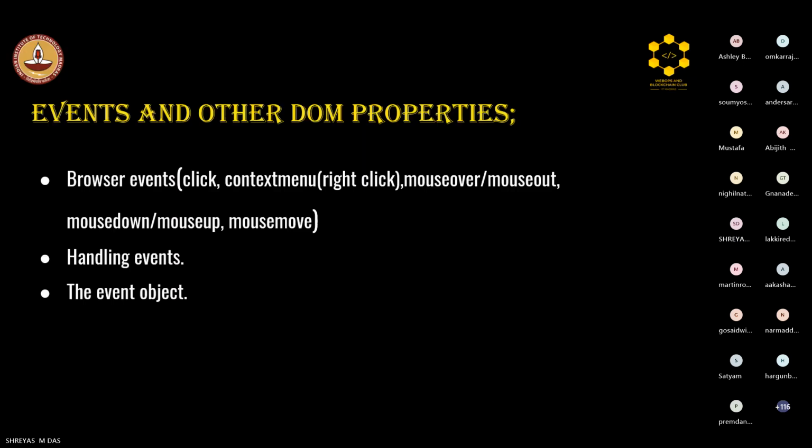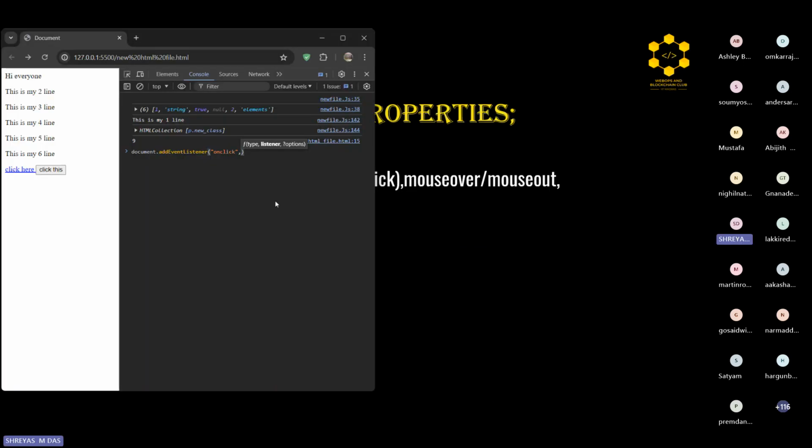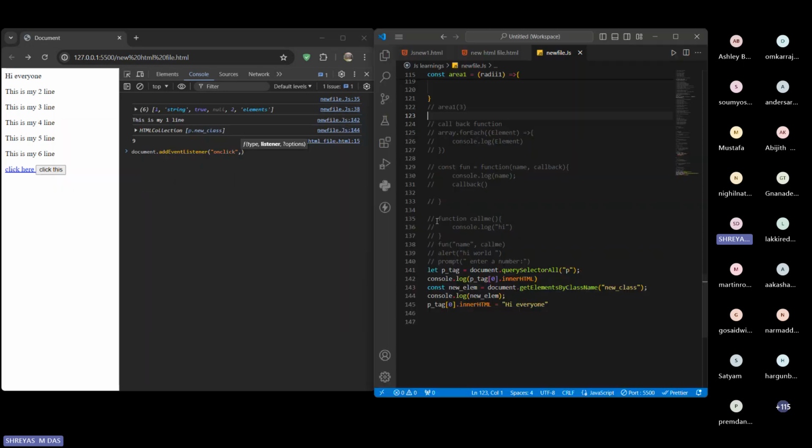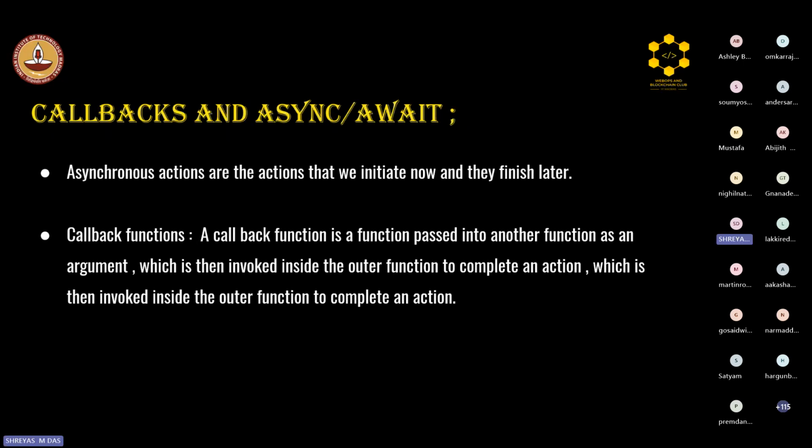Handling the events is the same thing I said now. You can add an event listener and do the corresponding output or input and operations. Similarly, coming to the next thing, callbacks and async/await. I have defined the callback function earlier: a function is given as an argument to another function, and you can see the asynchronous action. An asynchronous function is something